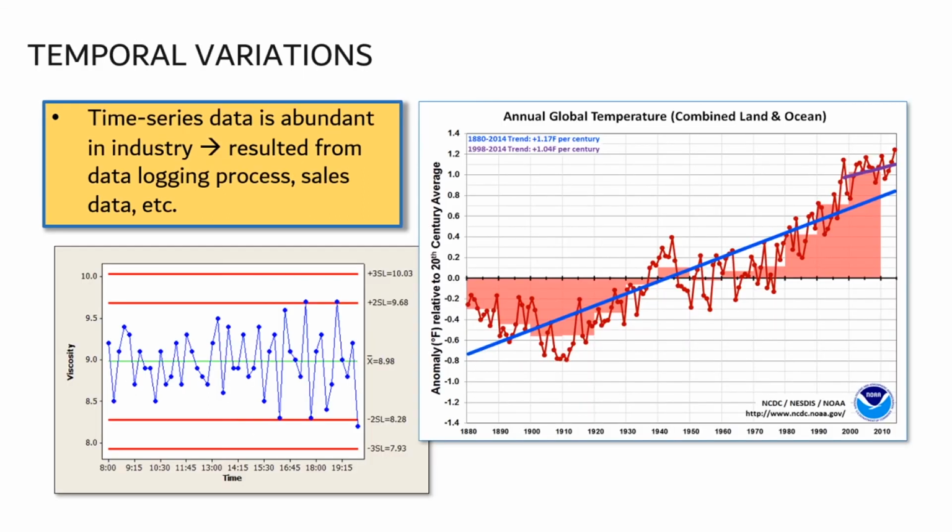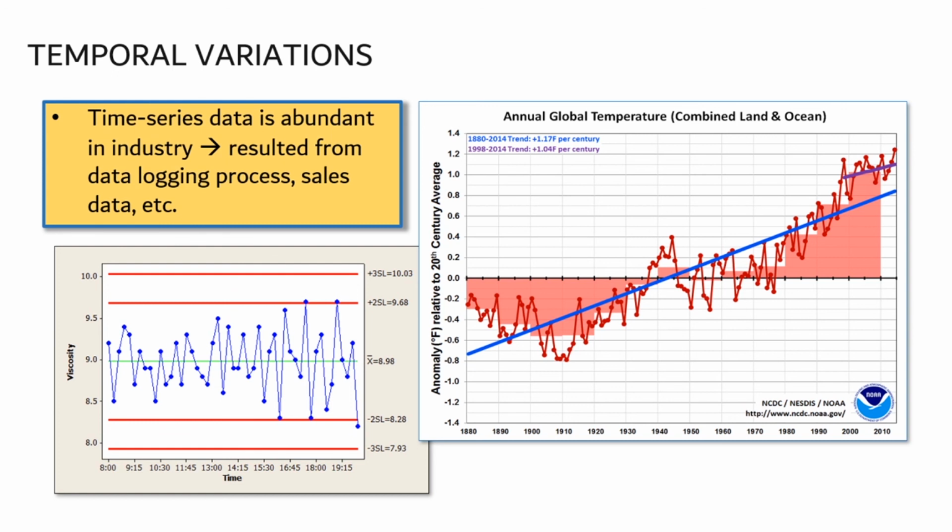The fifth dimension is the temporal variation or behavior of the data over time. This behavior manifests itself in time series data, which the process industry routinely collects by many instruments or sensors to ensure the plant is operating safely and efficiently. These two graphs show examples of tracing the behavior of a quantity as a function of time. Of course, if the data you are dealing with is not a time series type, then the dimension of temporal